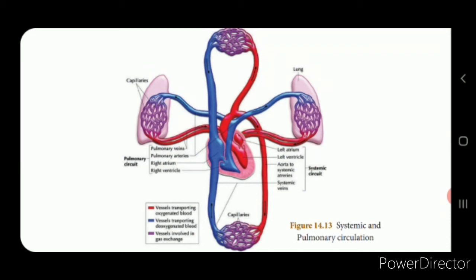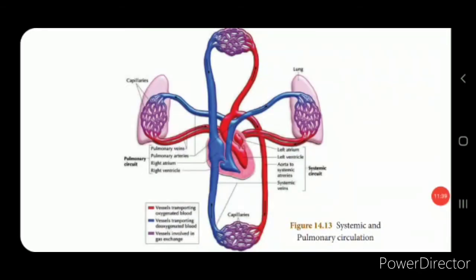Here the pulmonary arteries that rise from the right ventricle reach the lungs, where the blood gets oxygenated, and the pulmonary vein collects the oxygenated blood from the lungs and supplies it to the left atrium of the heart, and from there it is transported to every part of the body through the aorta. Now on your right hand side of the screen you can see the pulmonary circuit, isn't it? And here the pulmonary vein, pulmonary artery, right atrium and right ventricle come under this pulmonary circuit.